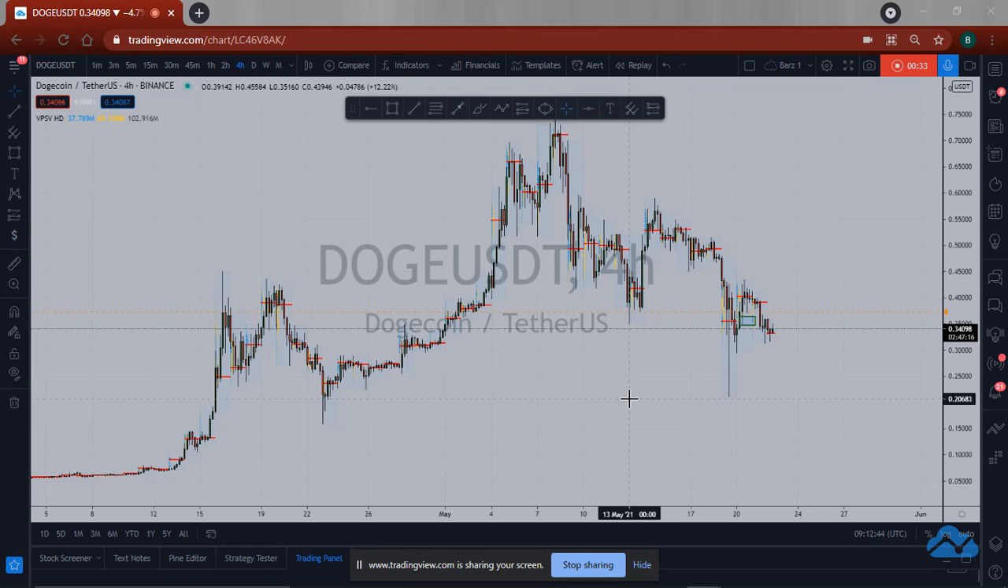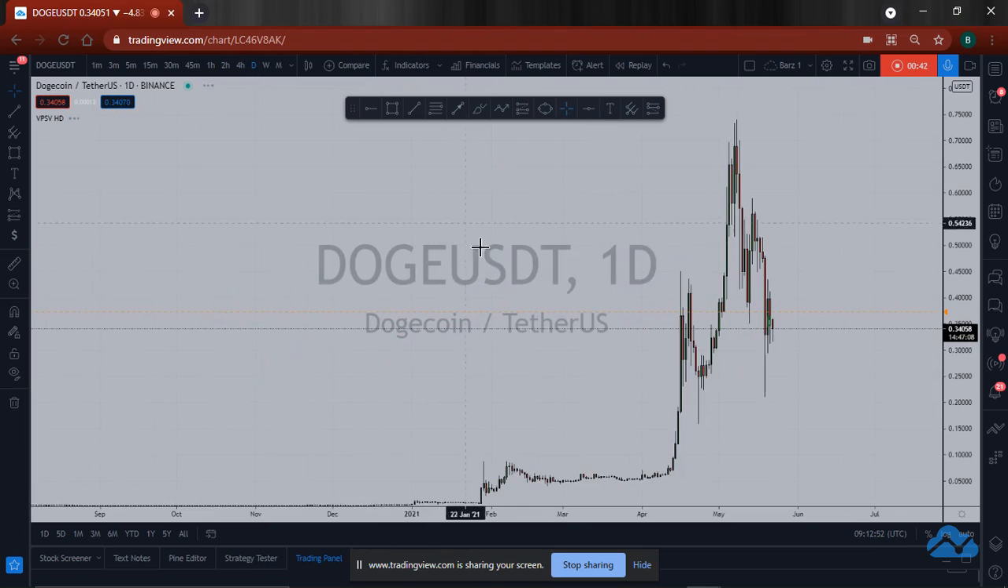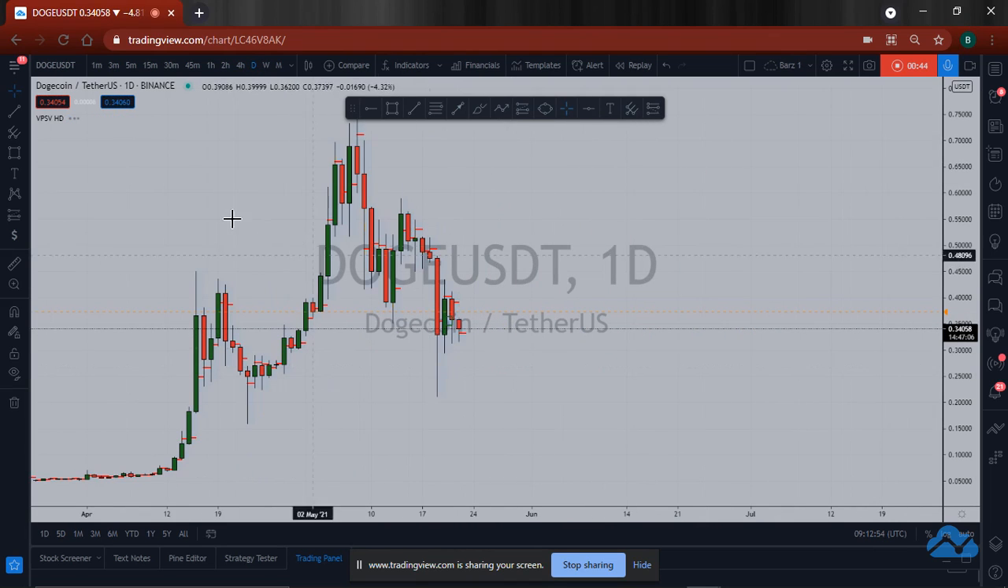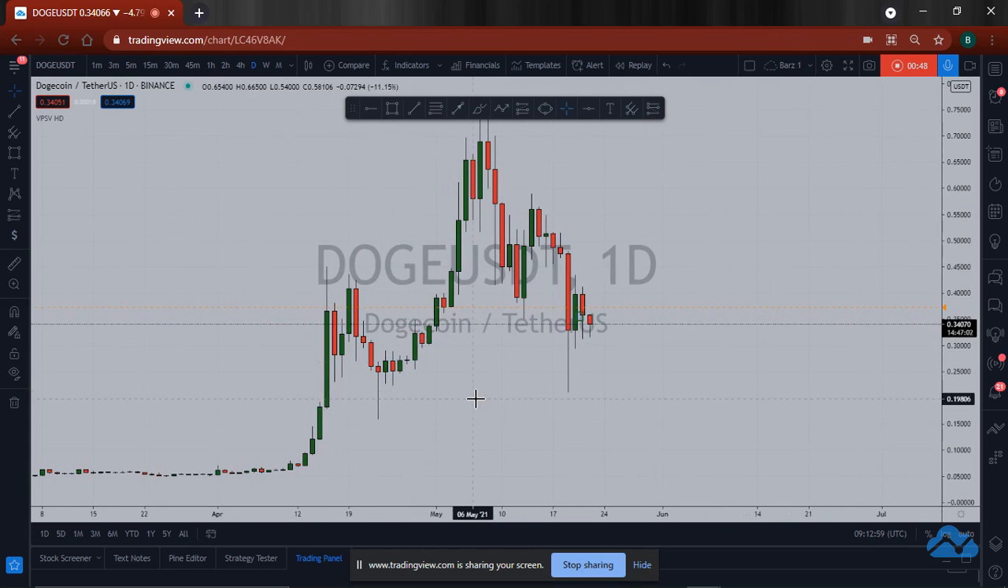The first pair that we're currently looking at is DOGE USDT, right? We are currently on the 4-hour time frame, so let's go to the daily time frame. Let's see what we have. All right, on the daily time frame, we can see clearly that